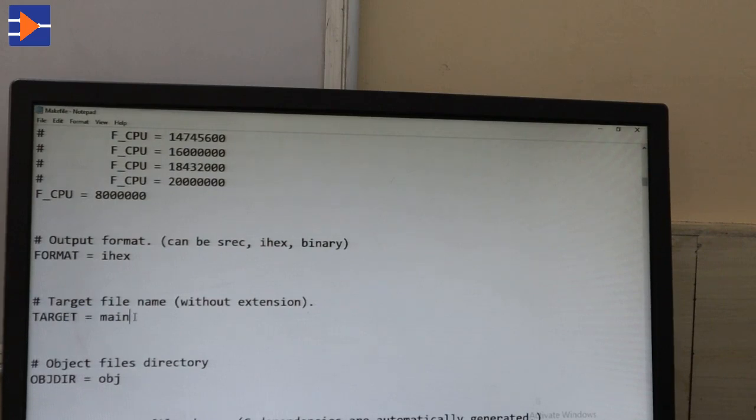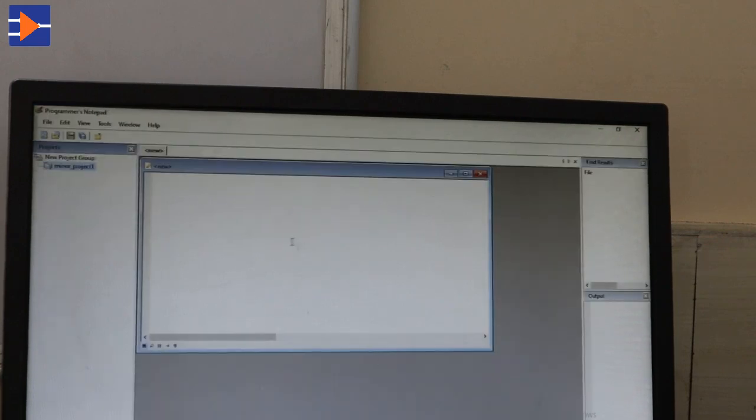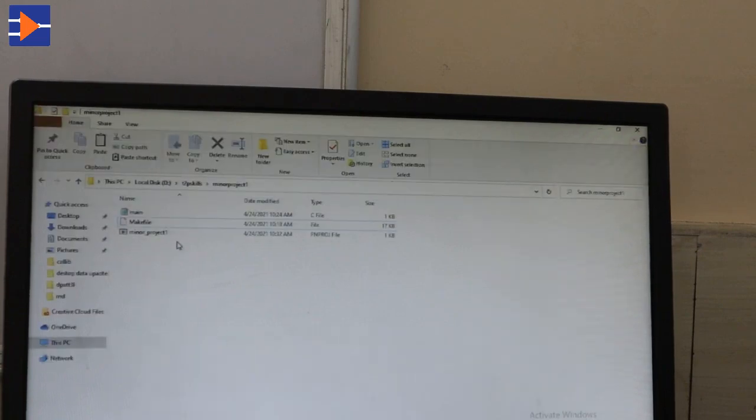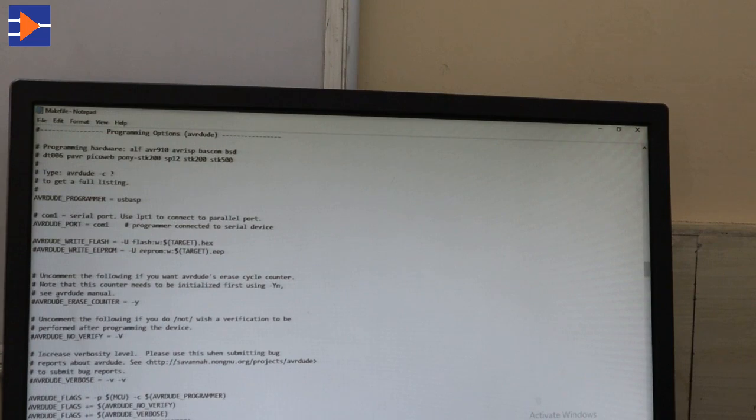You can see here the target is main. This thing is very important. We have to define the target file, that is here named main. This one is the main C file, so this project will target this file, and that has to be defined by this make file.